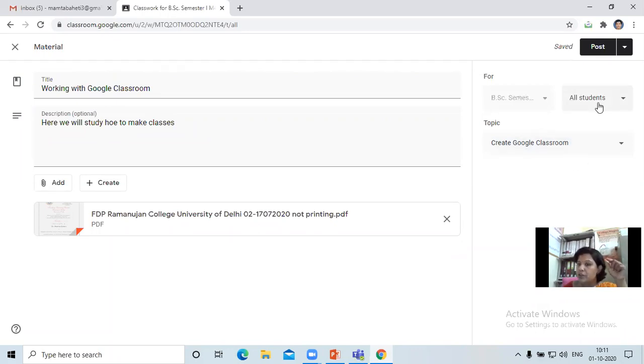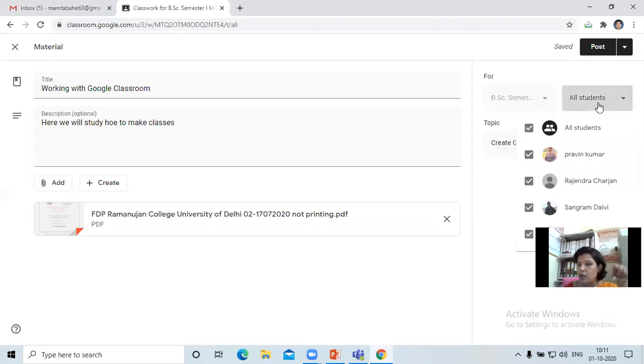Now if you want this material to be posted to all students, click on all students. Or if you want to share this material only with limited students, you can deselect all students and just select the specific students. So only those students will be allocated the material.